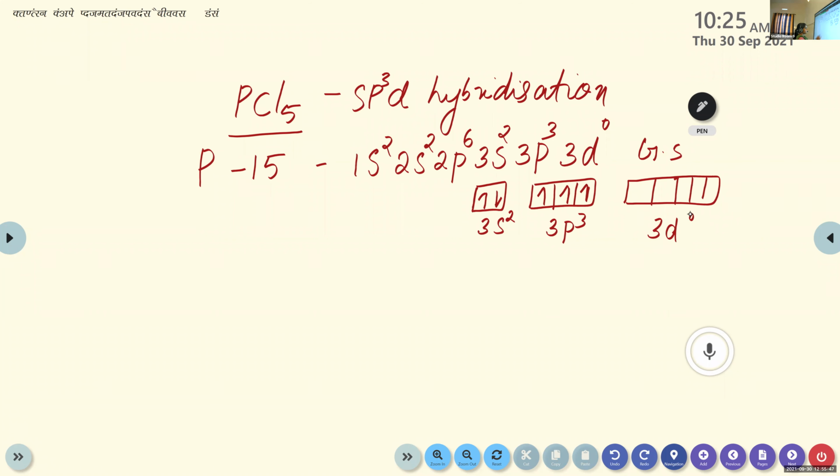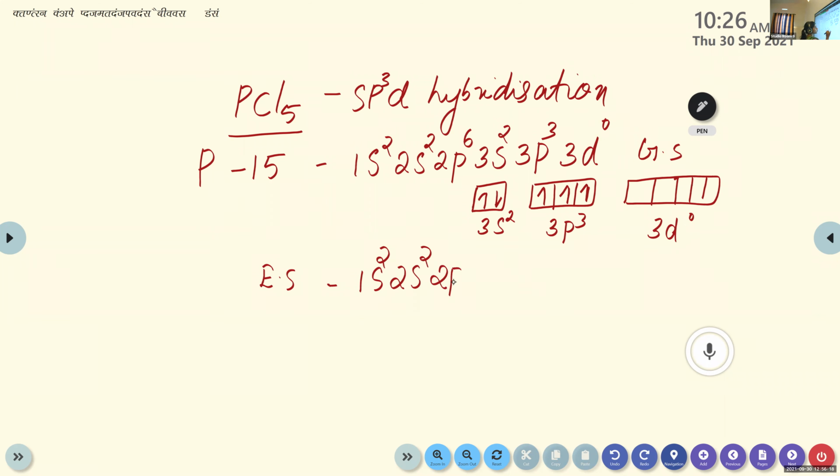Okay. Then next we will write the excited state electronic configuration of phosphorus. Here you can see there are 2 electrons in the 3s orbital, right? And 1 electron in this s orbital will jump from 3s to 3d. Okay, 3s to 3d. So here the excited state configuration will become 1s2,